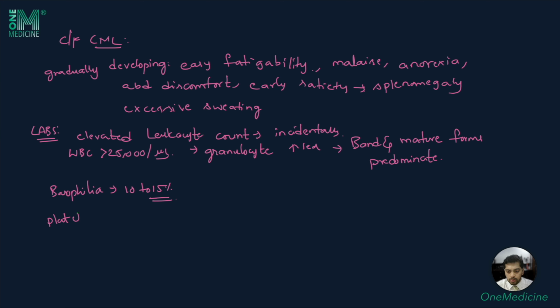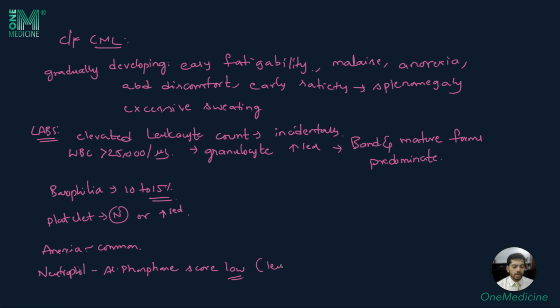Platelet count can be normal or it can be increased. Anemia is a common feature of chronic myeloid leukemia. Neutrophil alkaline phosphatase score is low in contrast to leukemoid reaction,